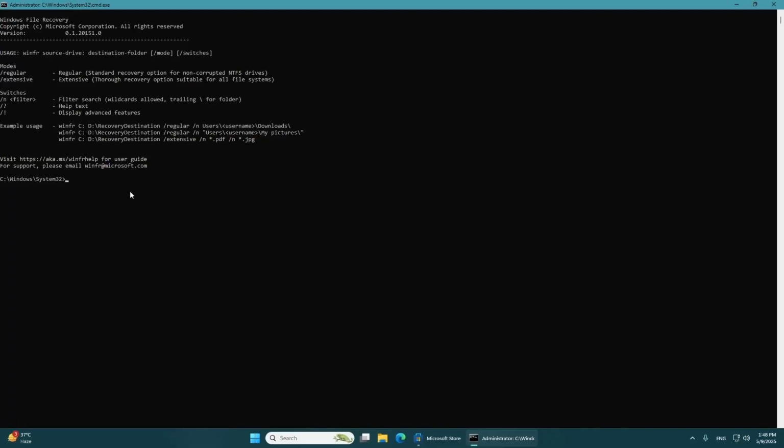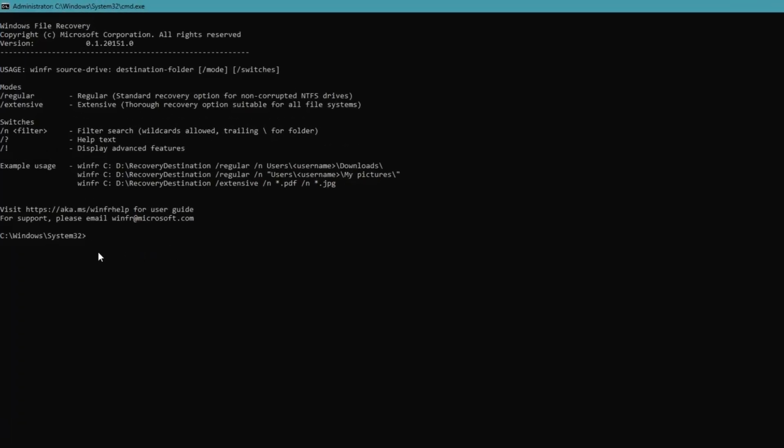When it opens, you'll see a black window. This is a command line tool. To begin, type the command winfr. This stands for Windows File Recovery. Then, type the letter of the drive where the file was before you deleted it. That's usually the C drive, but in my case, I'm putting drive E, so type winfr E: